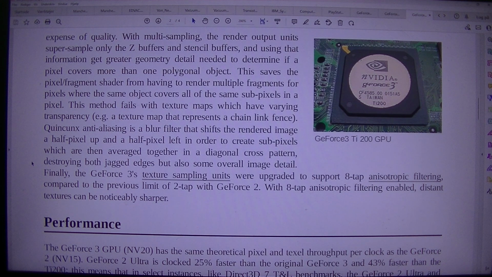With multi-sampling, the render output unit supersamples only the Z buffers and stencil buffers, and using that information gets the greater geometry detail needed to determine if a pixel covers more than one polygonal object. This saves the pixel/fragment shader from having to render multiple fragments for pixels where the same object covers all of the same subpixels in a pixel. This method fails with texture maps which have varying transparency, for example a texture map that represents a chain link